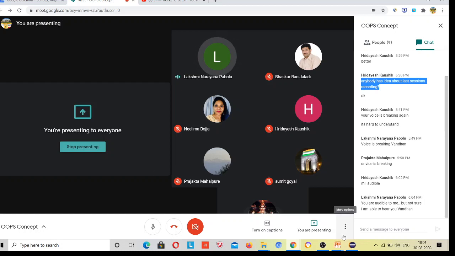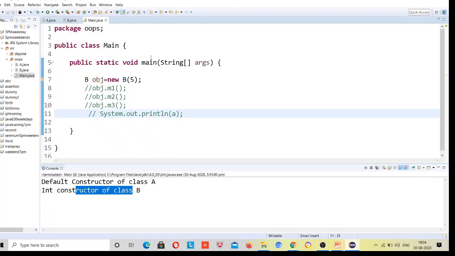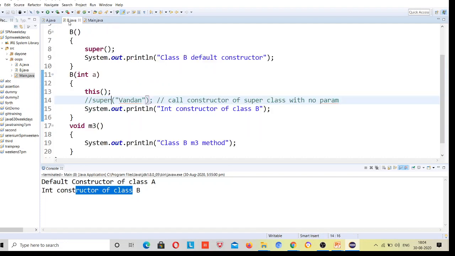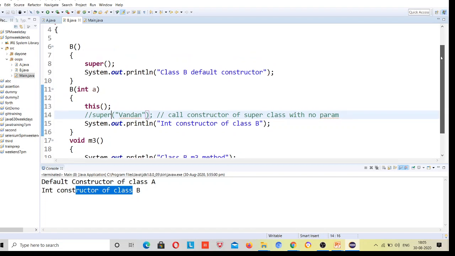Yes, I can try. Can you go to the Eclipse? First of all, we will go to class B and look for the integer method. It will go to line number 11 and call the default constructor. That means it will go to line number 6, and under line number 8 it is calling the super constructor.